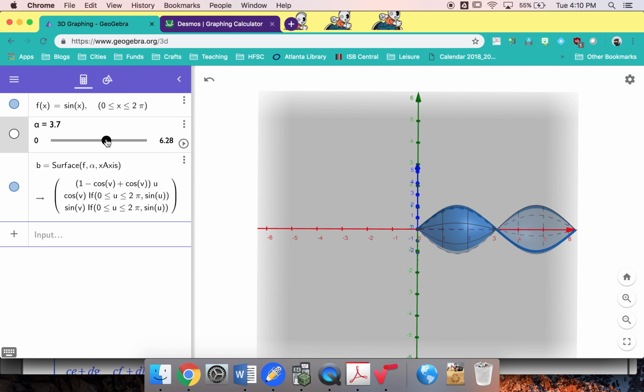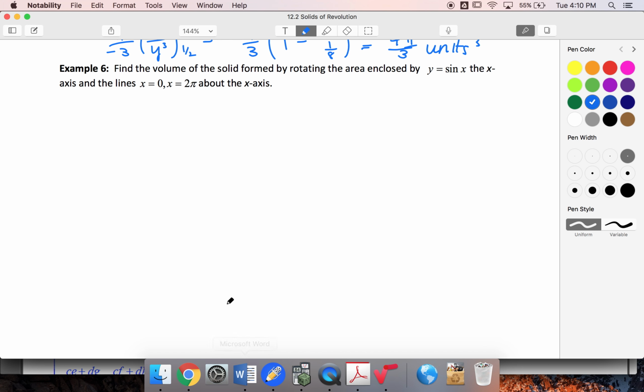The part that was on the negative side is going around the axis. So I end up rotating all the way around. Because I'm rotating all the way around, that part that was, if we just integrated, it would be negative. That doesn't matter with a volume. And if I think about my formula for volume, I know that I'm doing pi r squared. So squaring a negative makes it positive. So I don't have to worry about negatives here. So I'm going to find my volume by doing pi integral from 0 to 2 pi r squared times the